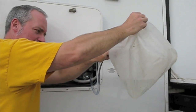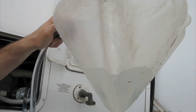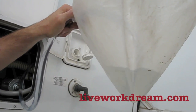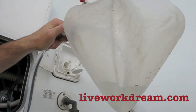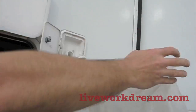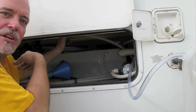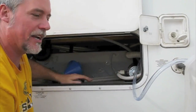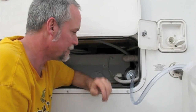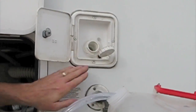So you can see this is much easier, and only one of us can do it and fill up the tank without getting all wet and messy, and it's a lot quicker too. You can see here we just get every last drop out of the jugs and then turn it off using the switch that I installed here that is just accessing the nearest DC power to the positive side of the pump. I always like to keep the vent valve open to release any pressure that's building up in the tank by filling it up,